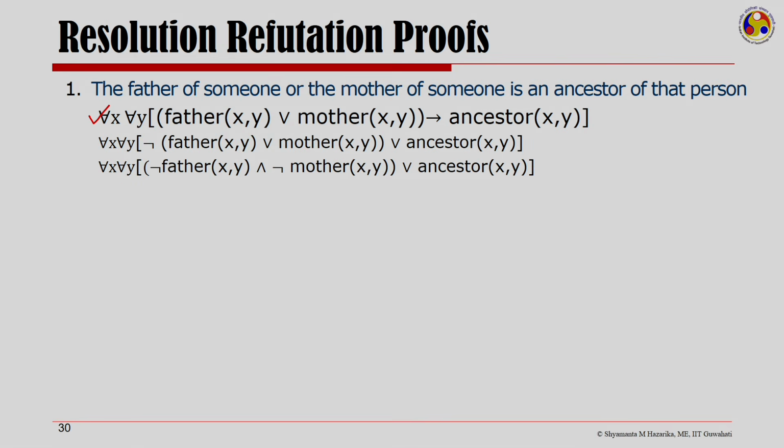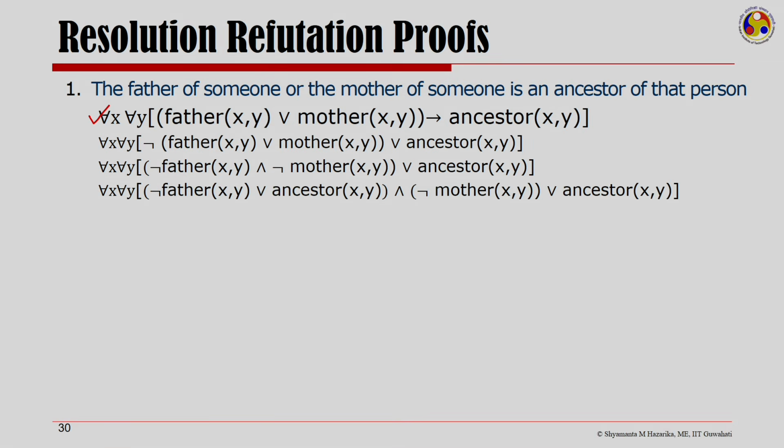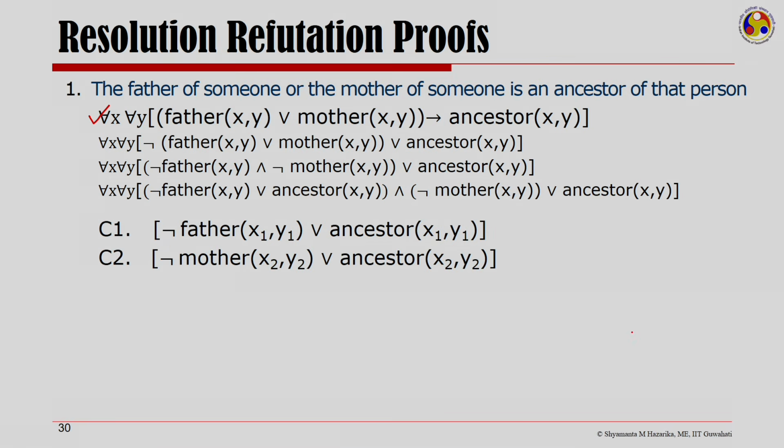So, you end up having an and of not father and not mother, and this is retained this side. Now, you have an and and an or, and all we have is father or ancestor and mother or ancestor. That leads us to two clauses for this first statement, because I can break it up into the two following clauses. Number 1, not father x1 y1 or ancestor x1 y1, and the second,